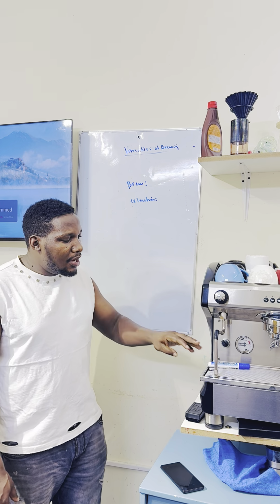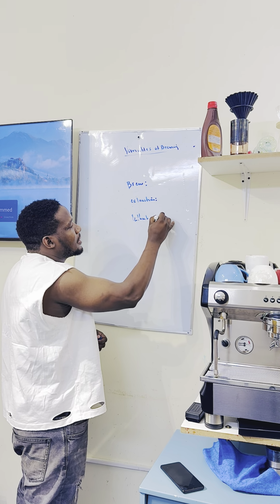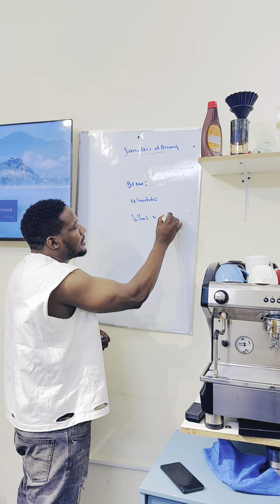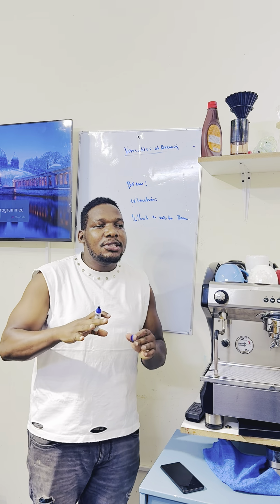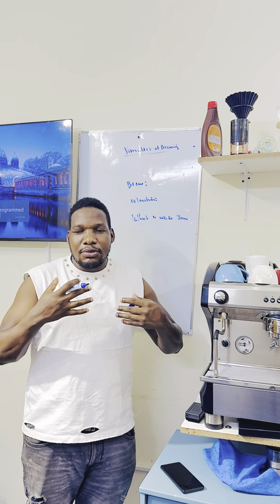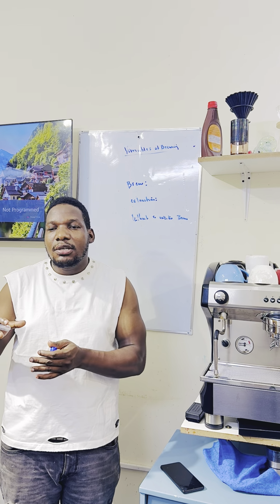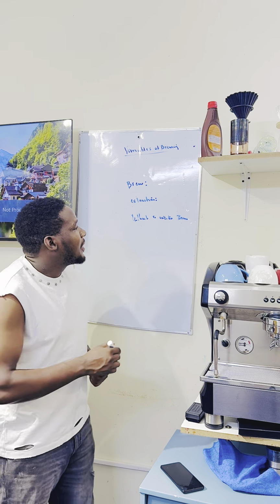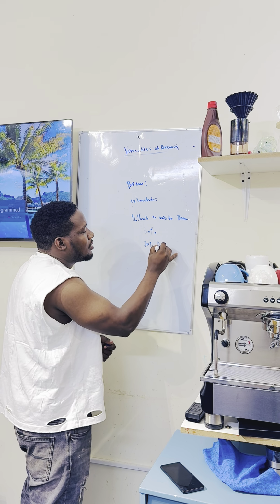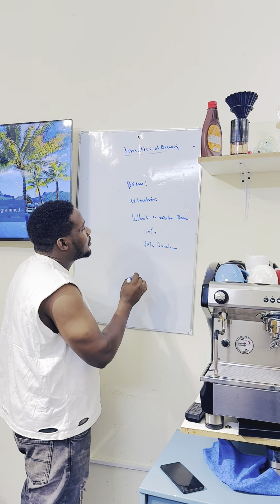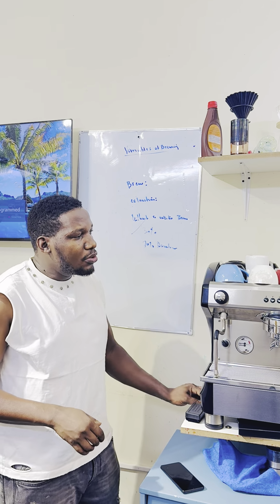You get my point? As you're trying to brew coffee, you need to understand what is inside the bean. In coffee, you have what you call the soluble compounds and those that are non-soluble. Soluble compounds are the compounds that can dissolve in water, and we still have those compounds that do not dissolve in water. 30% dissolve and 70% don't dissolve in water. So among the substances that can dissolve in water, when you have some coffee grounds,